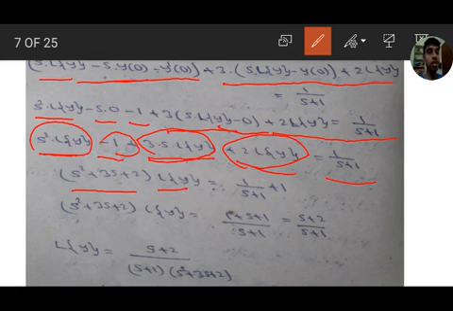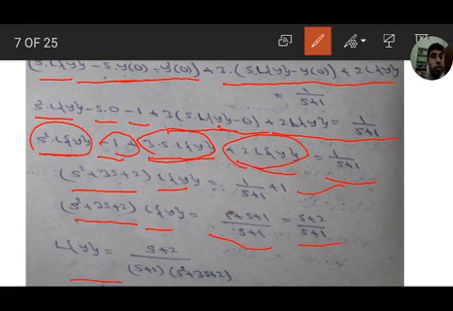This minus 1 brings to RHS, means plus 1. So s square plus 3s plus 2 into L of y equal to, LCM s plus 1, we get 1 plus s plus 1, that is s plus 2 by s plus 1. So L of y equal to, since it is multiplying, if it brings to RHS it will divide, s plus 2 by s plus 1 into s square plus 3s plus 2.